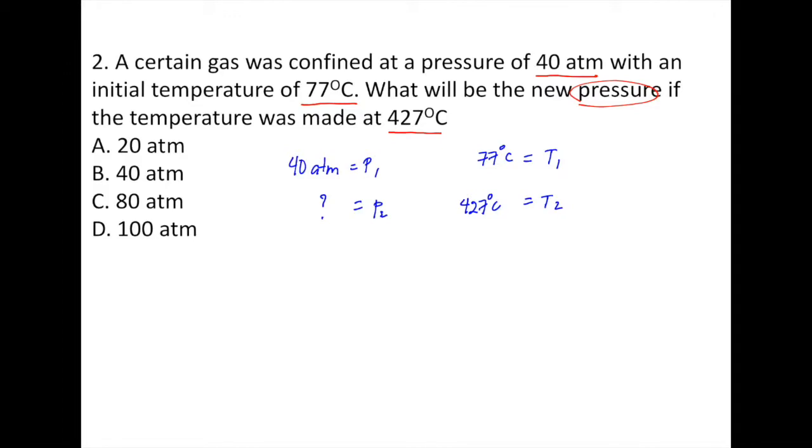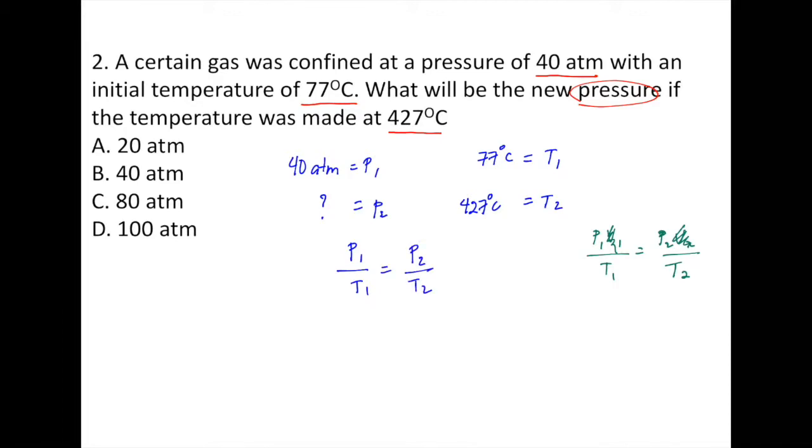Suppose that we forgot the formula of Gay-Lussac's law. We have this general formula for the gas law, P1 V1 over T1 equals P2 V2 over T2. And we all know that the volume here is constant, so we could erase this and we could erase this. Therefore, the formula is P1 over T1 equals P2 over T2. Substituting now our values, the pressure 1 here is 40 atm